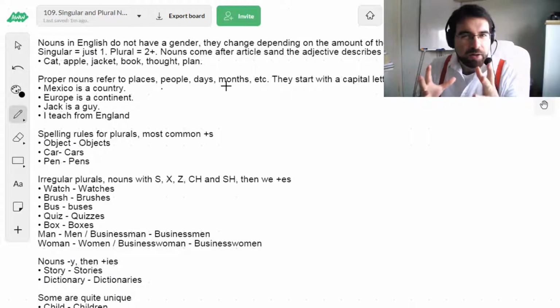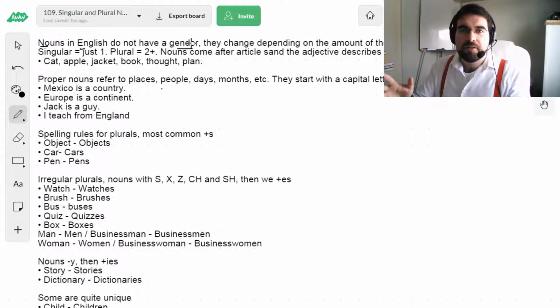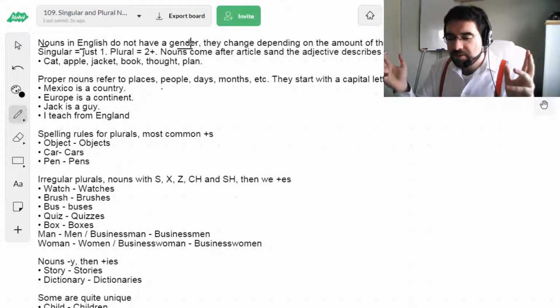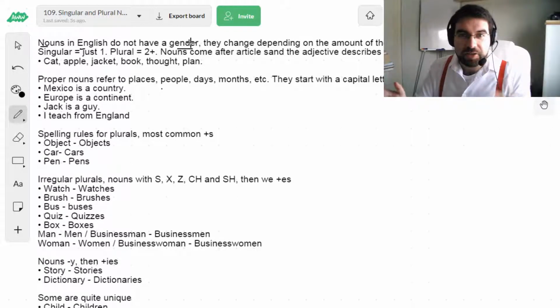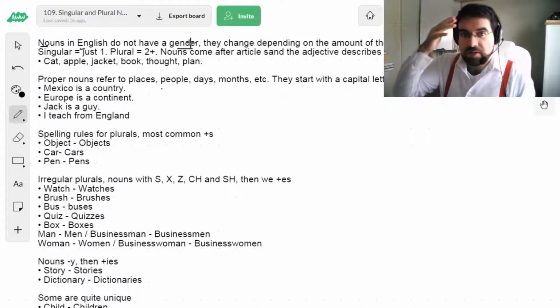Today, let's look at singular and plural nouns. So what is a noun, first of all? Well, a noun in English does not change gender. It's always the or a. No el, la, die, das, der, none of that. It's just the table, the cat, the mat, the bat, the hat, the shirt, the suspenders, the phone, the hair, and beyond.